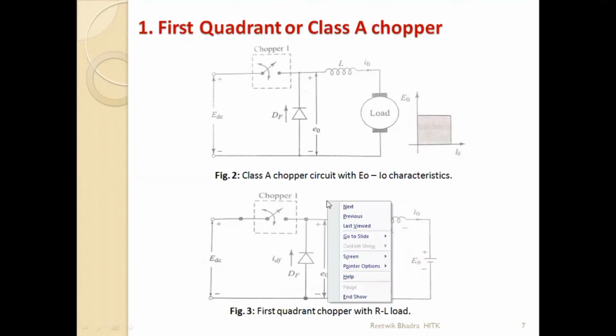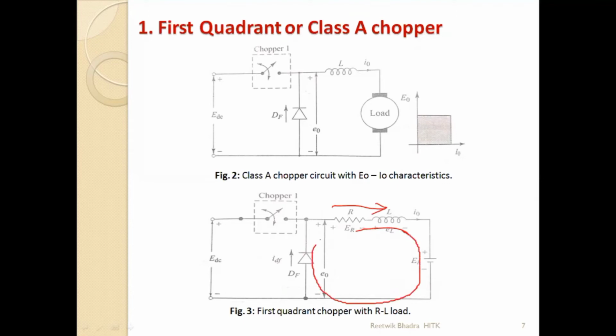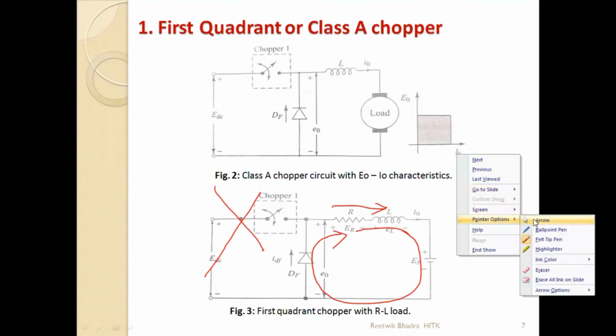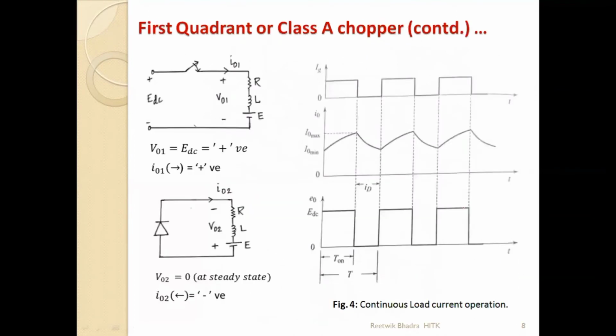And when this switch is off, this inductor will now act as source. Since inductor was charging in this direction only, it is discharging in the same direction. Drive this current through this diode. There will be a freewheeling action in this part. This part of the circuit is cut off. Now inductor is supplying the load, whatever energy is there, it will supply the DC motor and it will discharge through this diode. We'll go to the next diagram.